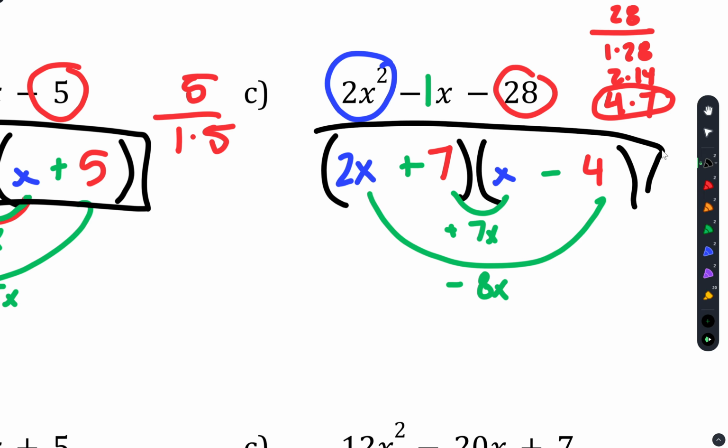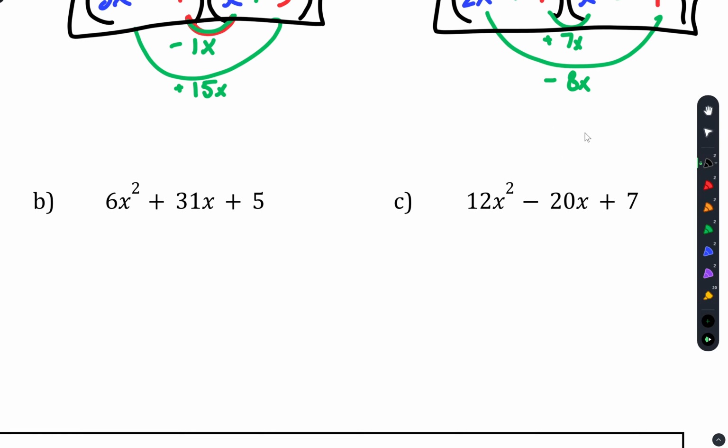And here's my answer. You should check it, FOIL it back out, and make sure that your signs are correct. But I know I'm correct. Any questions on that? I have 2 new things that I'm going to throw at you today. The first thing,